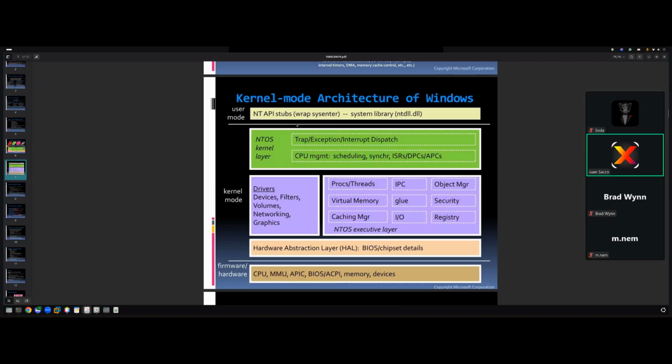So this is still on user mode. And then, here on the upper part of it, we have the traffic section, interruption and dispatcher, the CPU management that handles the scheduling and synchronization and all the interruptions and so on. And then in the kernel mode, we have the drivers, the filters, volumes, networking, graphics, etc. And of course, it handles all of this that I just mentioned